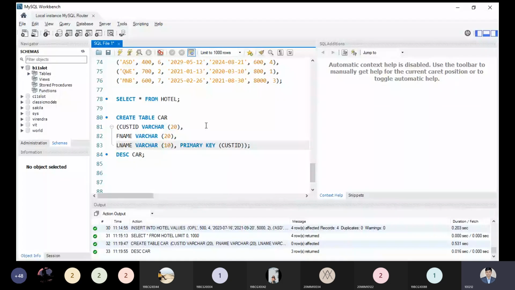Let me check. If you want to change that, we can write the customer ID over here. Carbon is another table, so there is no issue. And you are asking whether we can make this the primary key by cutting down this one. In the varchar we can't make it. After the varchar we can make it. Okay, so this is the point, please keep it in mind.